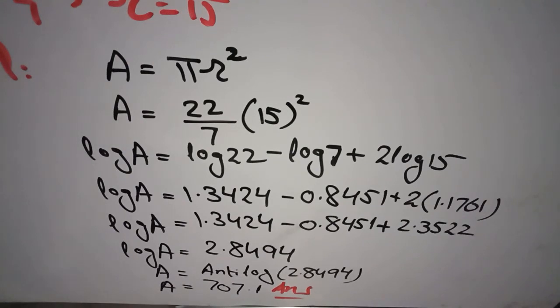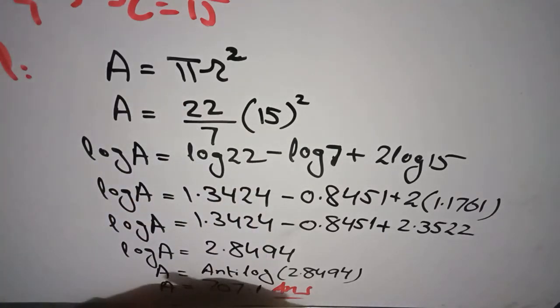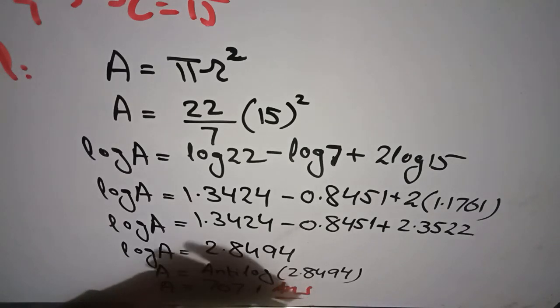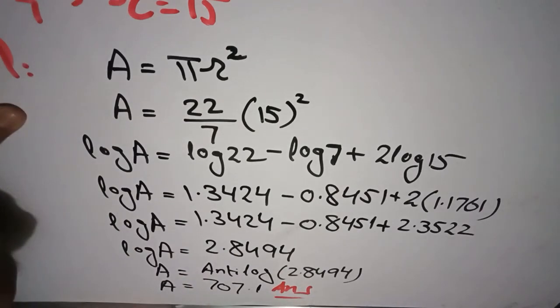Next question, the last question, will be done by a similar method. By the same method you will put the values like you have put in this question. By putting the values in the next question and applying the properties of the log, you will get the answer for the volume in the next question. Okay, that is very easy. So apply the same method in the next question, you will get the answer.